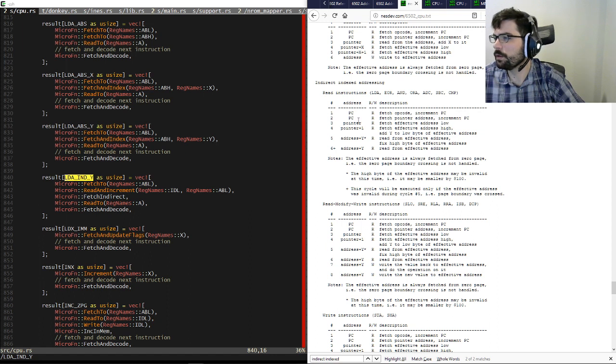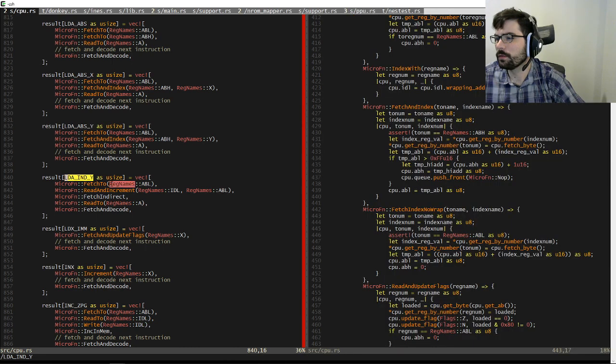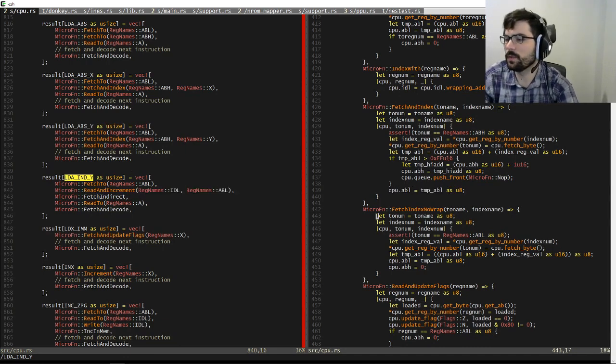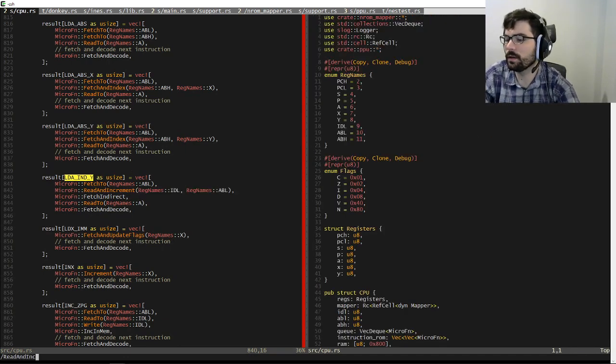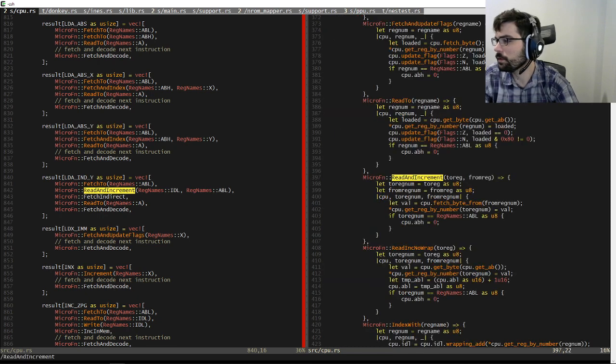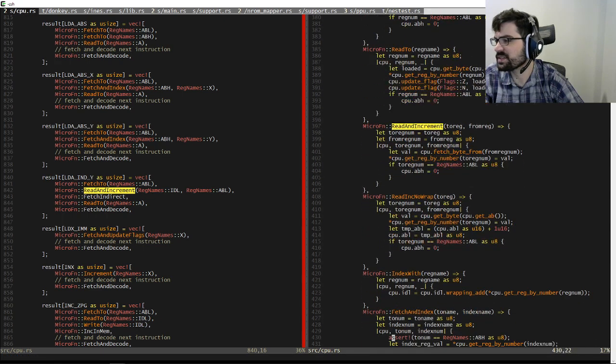What we want to do is fetch, and then we do read and increment, which does nothing of the kind, as far as I can tell.